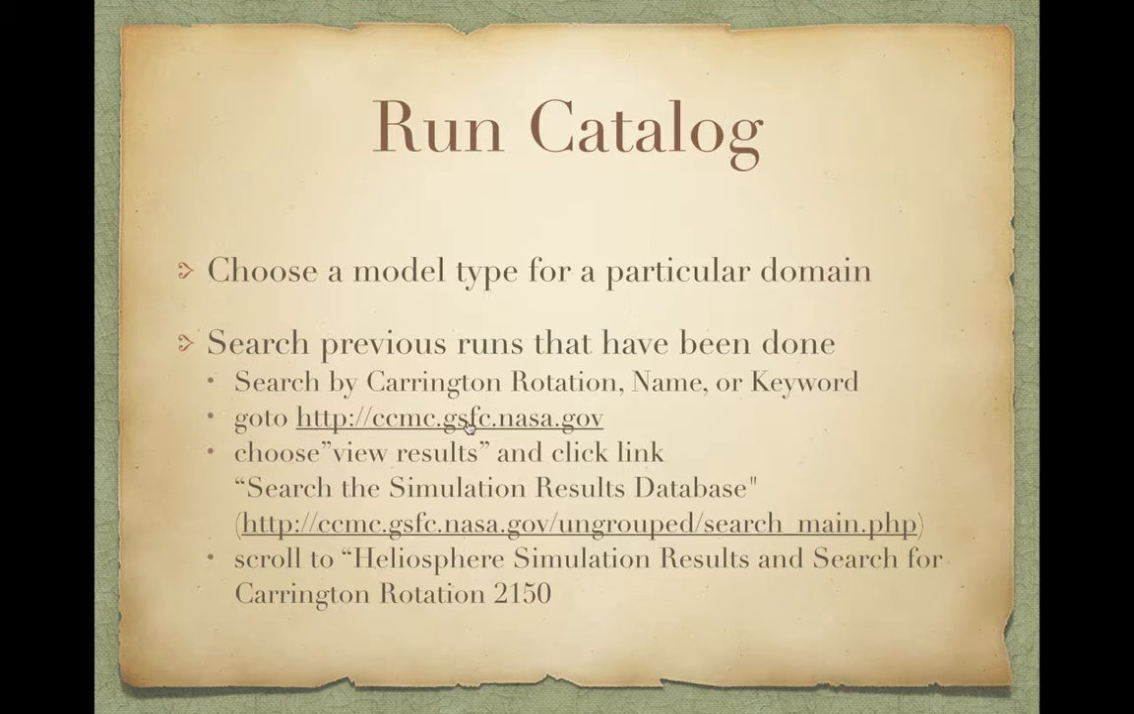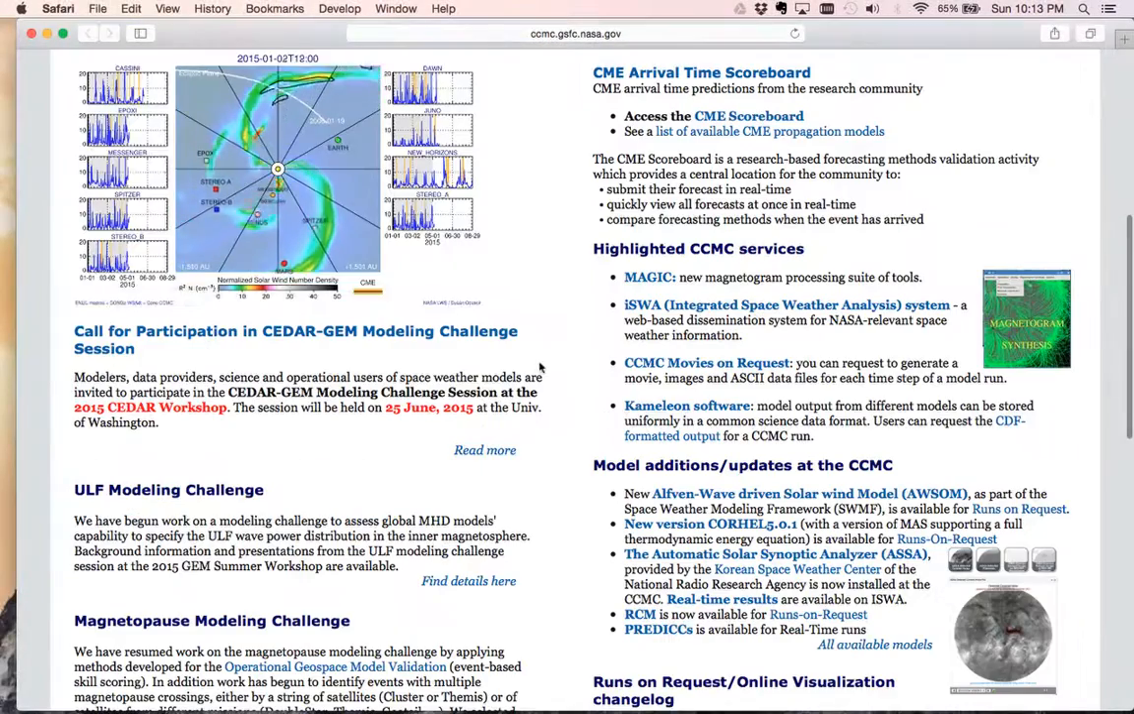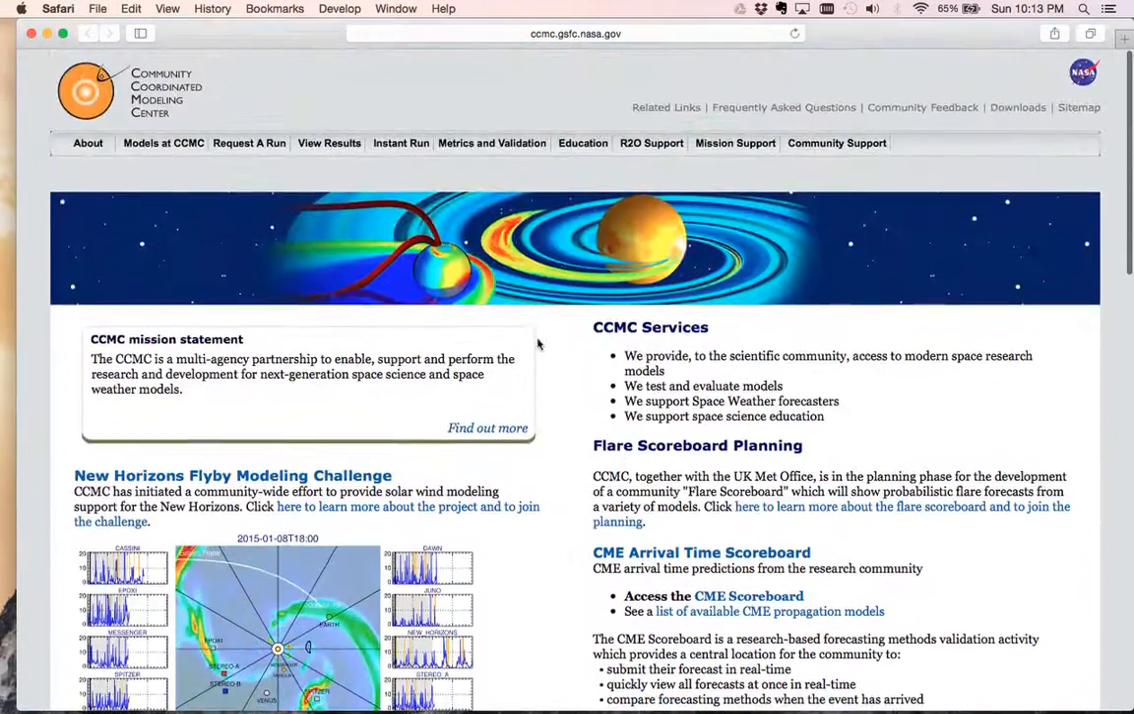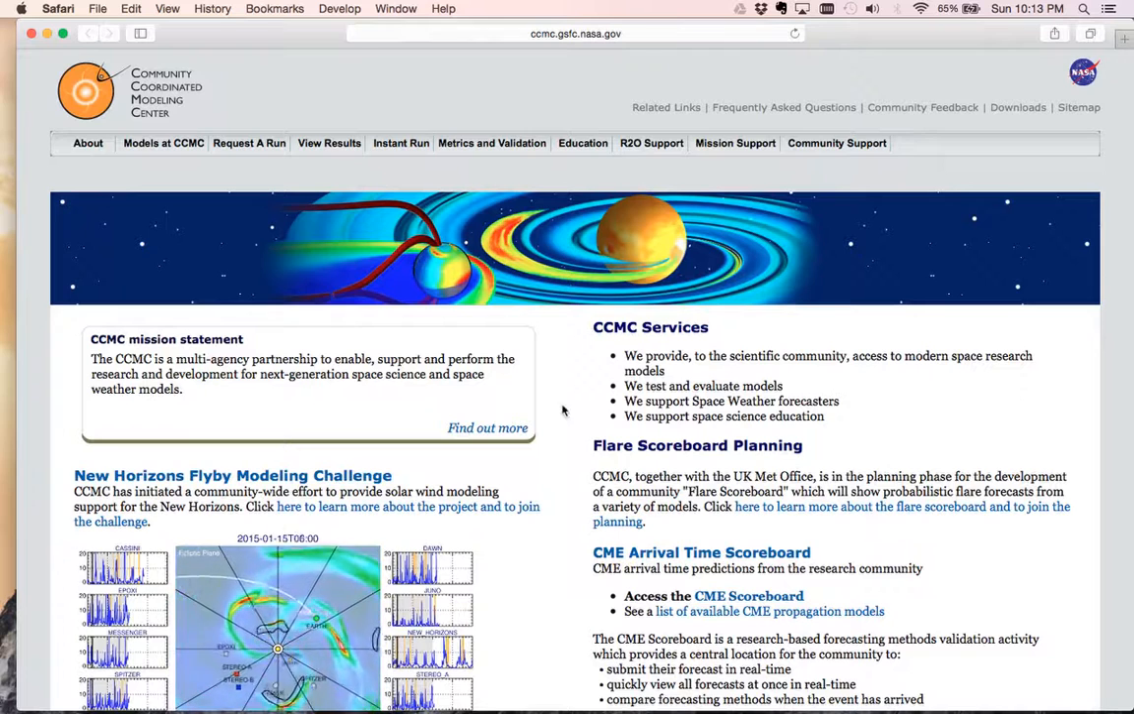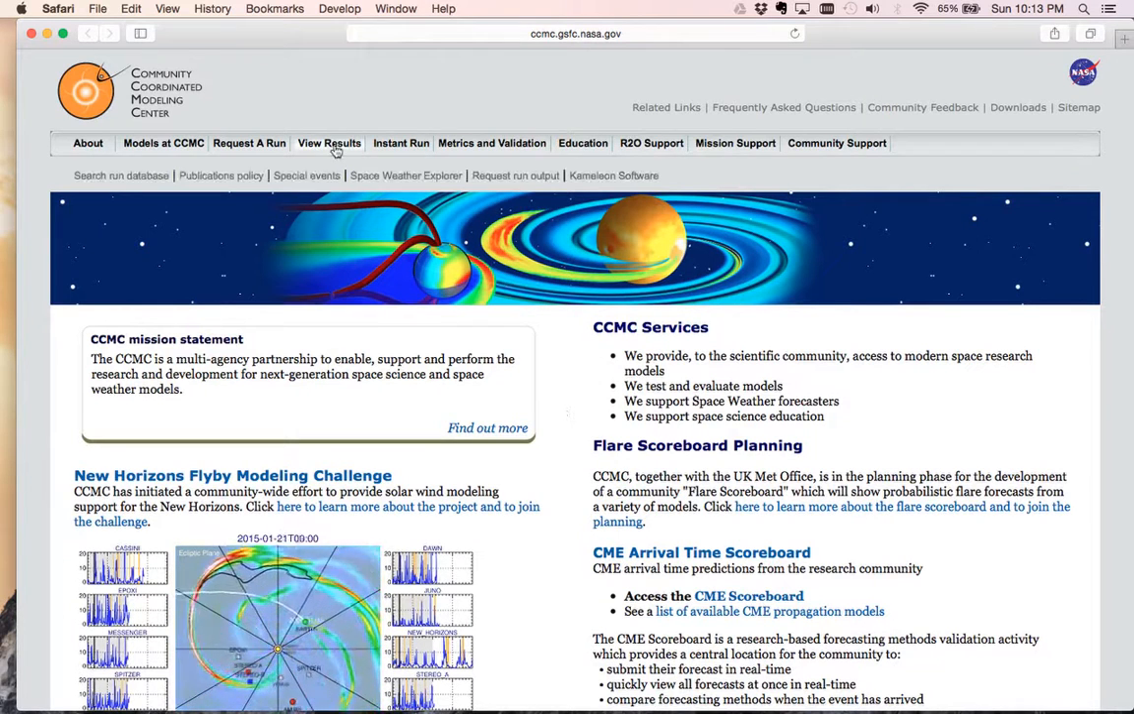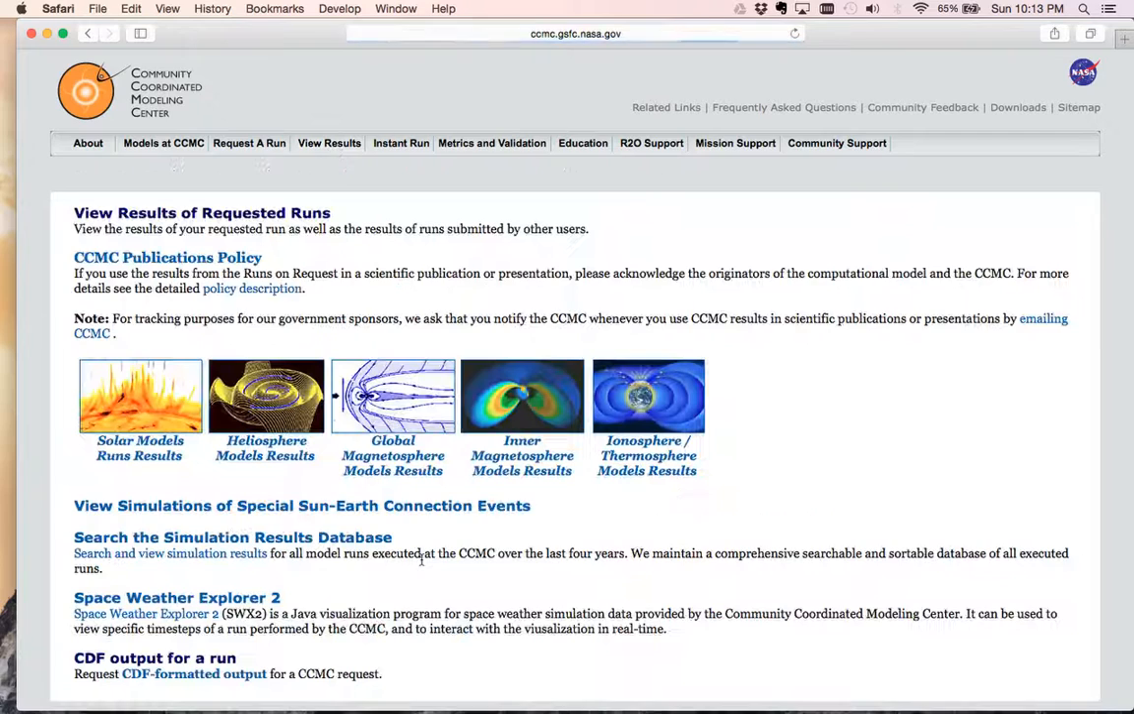So to do this, we start at the CCMC, and we're going to pick a particular domain or model type, and then find a particular run for a Carrington rotation, specifically 2150. So here we are. We click on the link that takes us to the CCMC, and we go up to View Results,